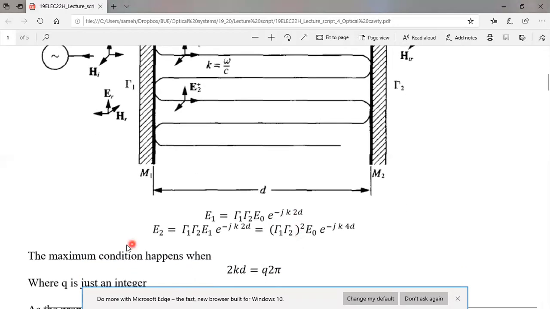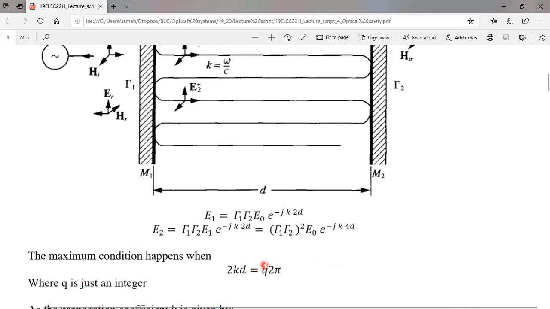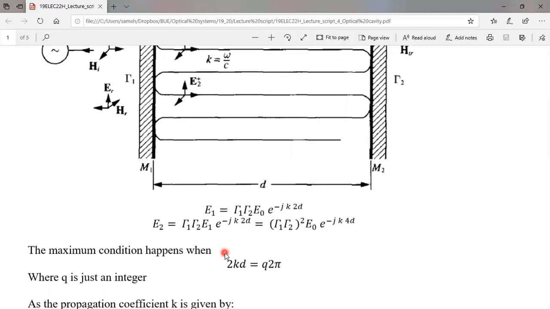So now, in order to have a maximum condition inside the cavity, 2kd should be equal to q times 2 pi, where q represents an incremental integer parameter. It can be 0, 1, 2, 3, whatever. In all cases, it will lead to a multiple of 2 pi. So this is a very, very important condition, because this condition will lead to a maximum electromagnetic field inside the optical cavity. From this condition, we can have a lot of derivation, because simply you can remove these two with these two,